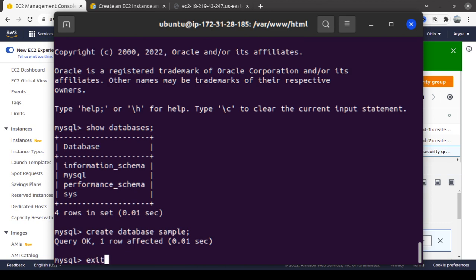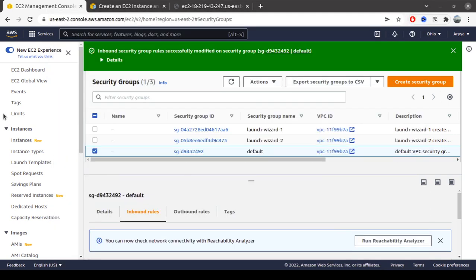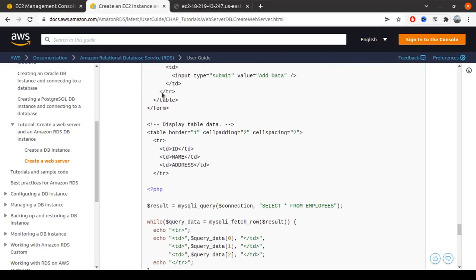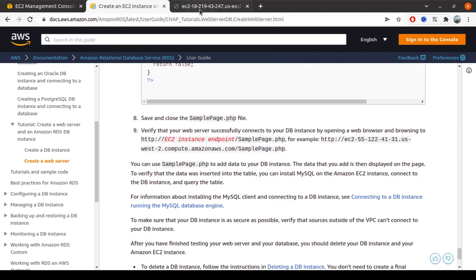So just like this. And now let's try to open the page from the browser, because we already have the script to be called, the sample page. Okay, sample page.php, the one that we can see on this page from the AWS documentation, right? So let's try.